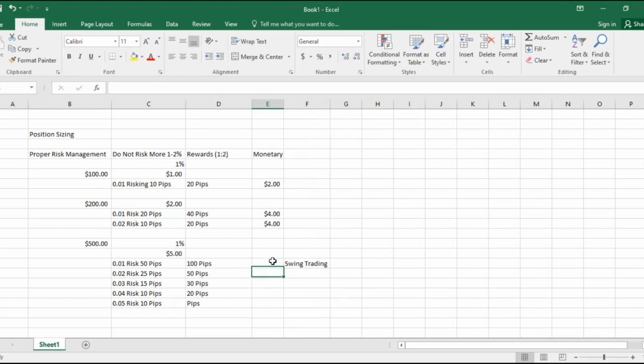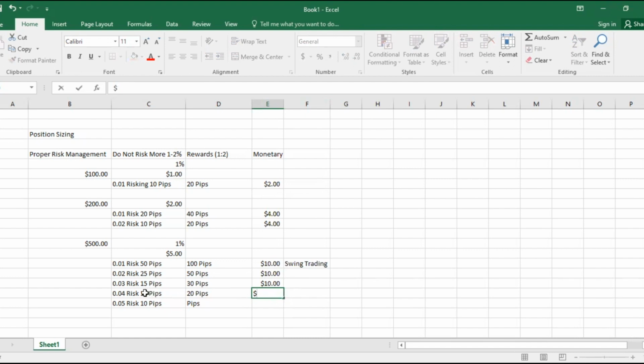So in this scenario, if you're risking $5, then you'll be looking to make $10. Also in this scenario, you'll be making $10. So in this one, you'll also be targeting to make $10 here. And with this other one, you'll be targeting to make as well